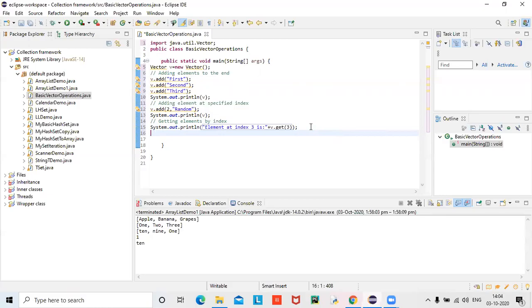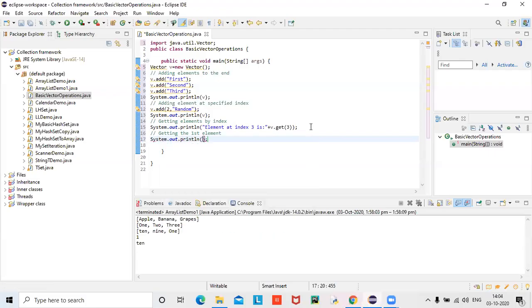There is one method called first element. The method name itself is first element. So you can get the first element. Getting the first element: the way we speak, the method itself is there. How simple it is.